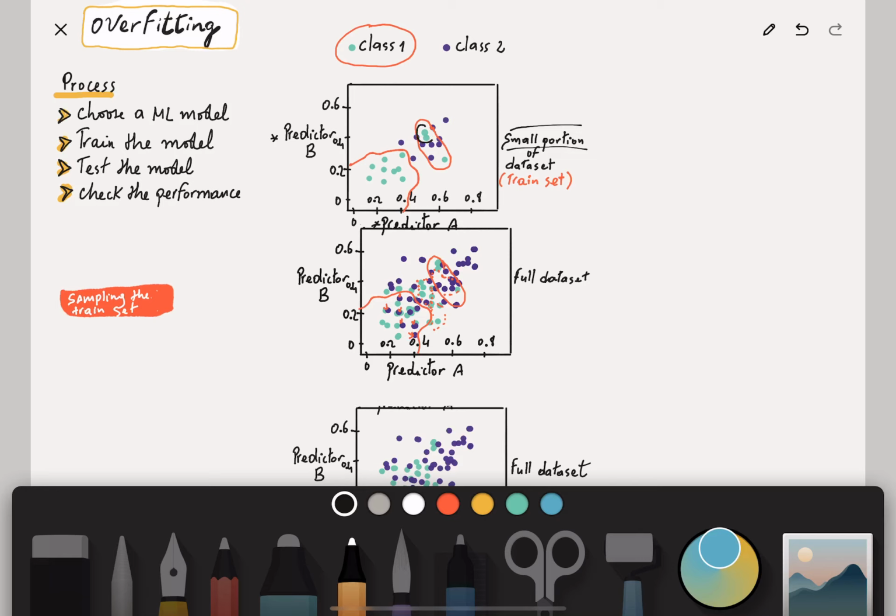It looked like you can easily separate the classes, and even this classification is not ideal because you might say you want to do something like this or like this. So your model might actually have two clusters up here instead of one, right? But let's go back. Let's assume the model did this, right? So if while you separate the train and the test set, you do have poor sampling, so your sample is not representative of the whole data set, definitely whatever model you're going to train on your train set is going to ideally or severely underperform in reality, right? Because as we observed here, the model is not actually fit for the full data set